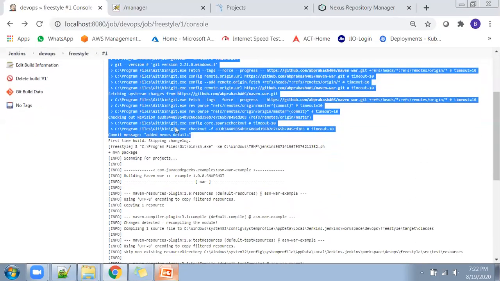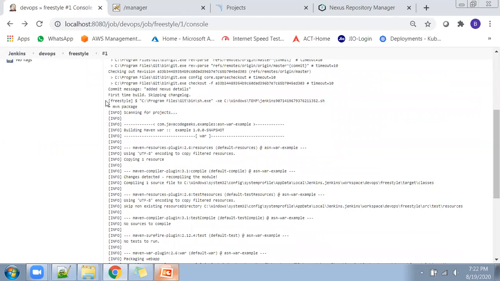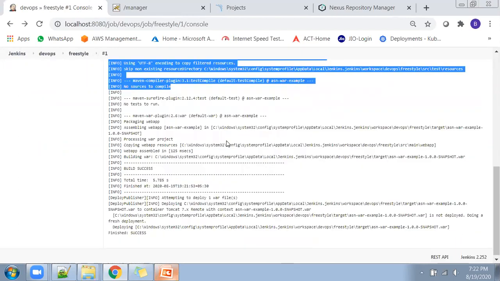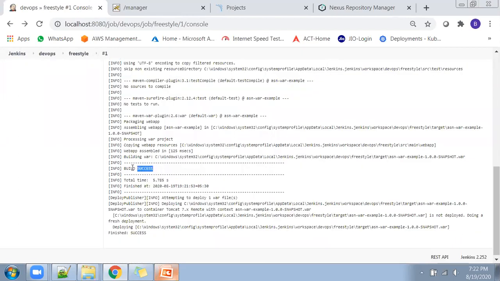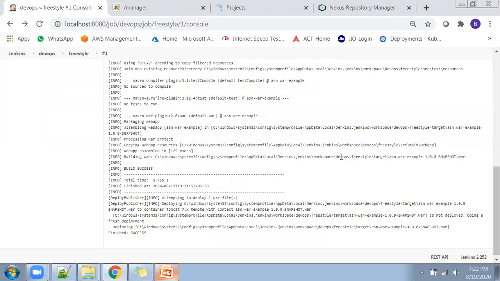In the second step, it has to do the Maven package. That means building is happening. So this is all the progress in this section. Build is happening, and it is showing build is success. That means it has created a war file. This is similar to the way we did it manually in the previous sessions.